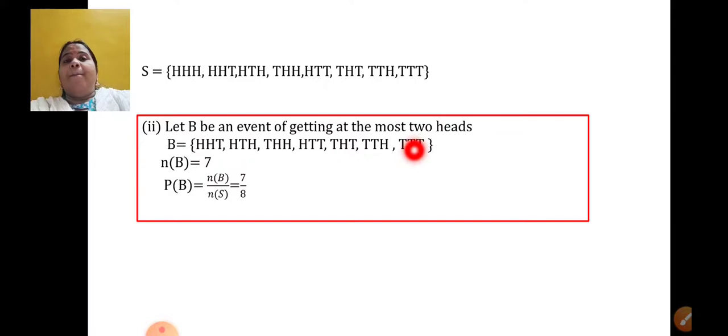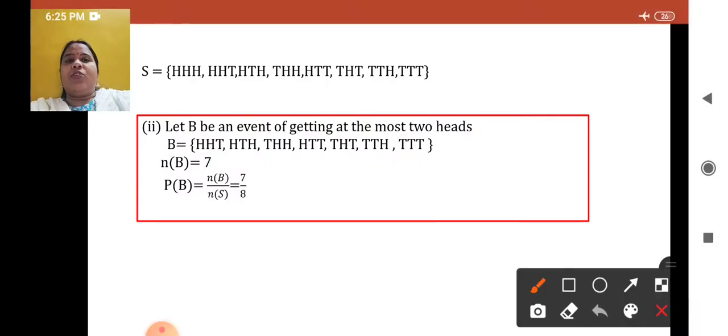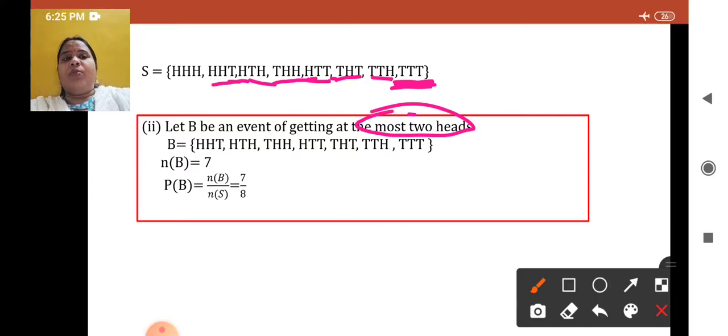Means what? Maximum 2. Yes, maximum 2 heads. Even if it is not there, has to be considered. So see this, 2 heads. Yes, 2 heads. This is okay. Even this, even this. 1 also can be taken. Less number is to be considered. 2 I want definitely. Maximum 2. Even if 1 is there, that has to be taken. This has to be taken. This has to be taken. Not there also has to be considered in the case of at the most.